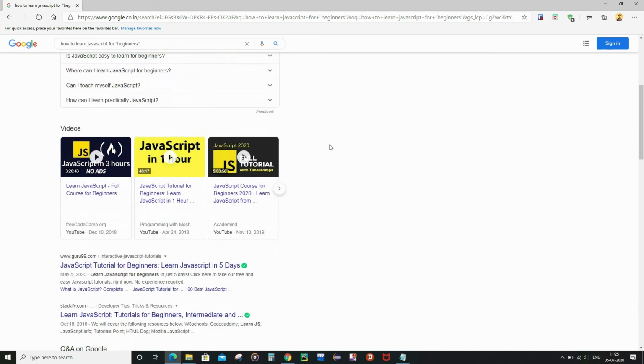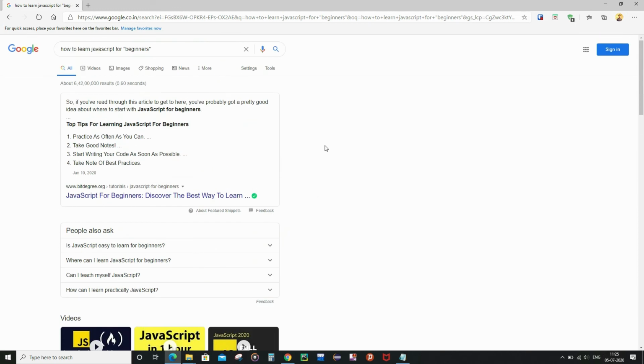So basically this quotation tool is used for highlighting the text which you want Google to search especially for you. If you want to search for it very hard, then you can use the quotation and enclose the text of your choice or the keyword inside the quotation. And now let's move on to the other important special character.